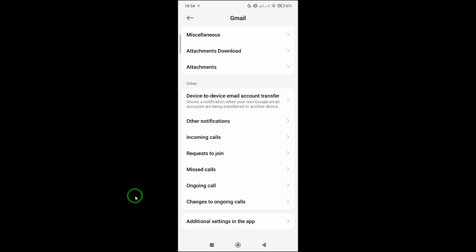Tap on Notifications. This is the key section where you can manage alerts, tones, and vibrations for different types of Gmail notifications. After that, tap on Notification Categories. This is where Gmail separates its notifications into groups, like messages, calls, or meeting reminders, so you can fine-tune each